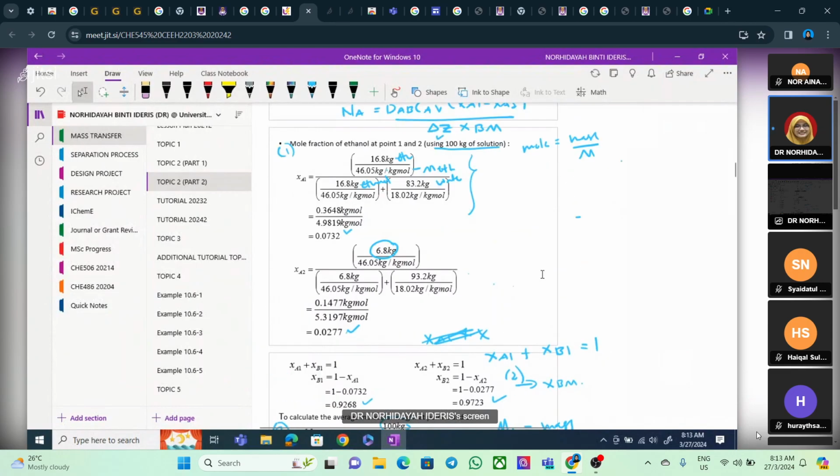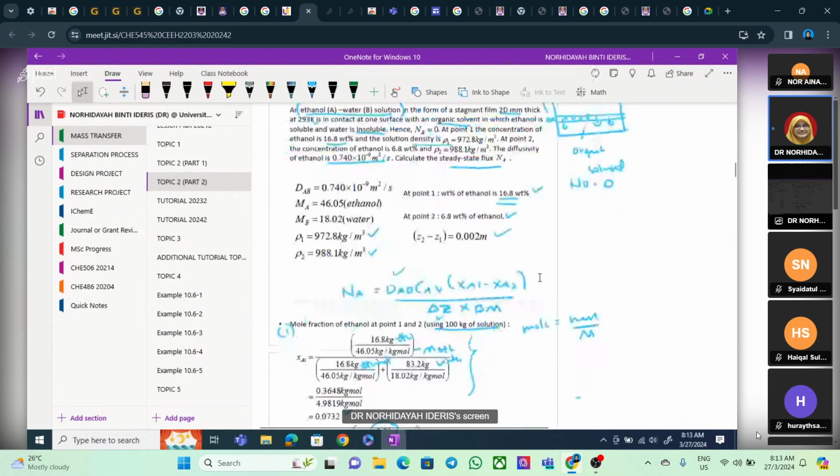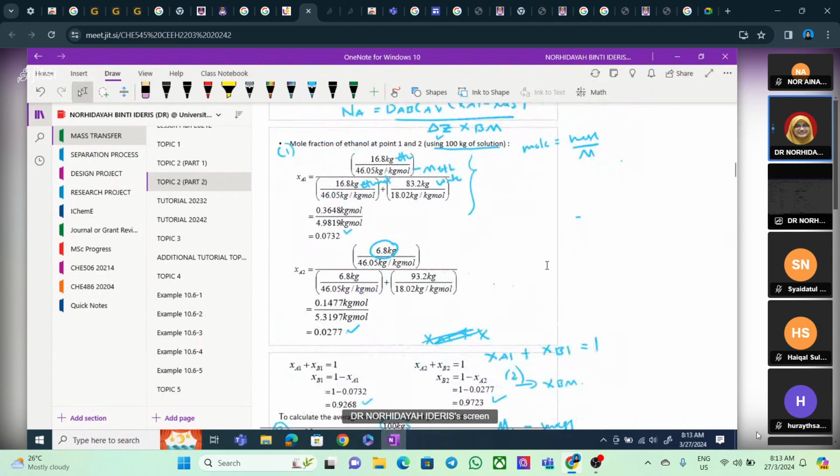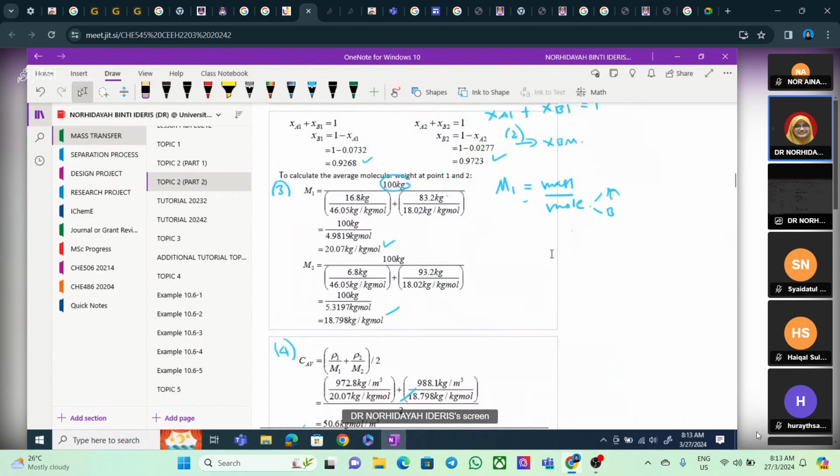So nak buat macam mana nak follow the steps means that you need to have a lot of exercises relating to this topic, subtopic, and it's quite lengthy, but it's very easy. Okay, so most of the students, based on my experience, it seems like the students are divided into two categories. The one that can make it very, very clear, the steps are very clear from the beginning until the end, until they get the answer. And some group just perhaps don't do the exercises, just blur, and then you do not get it right,